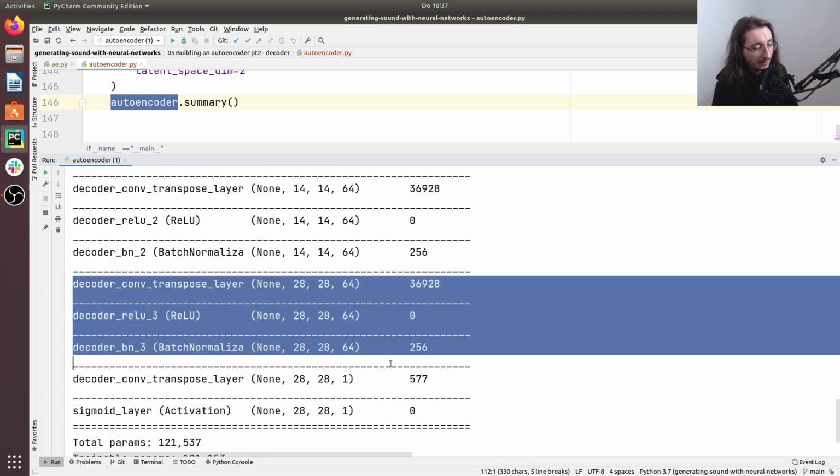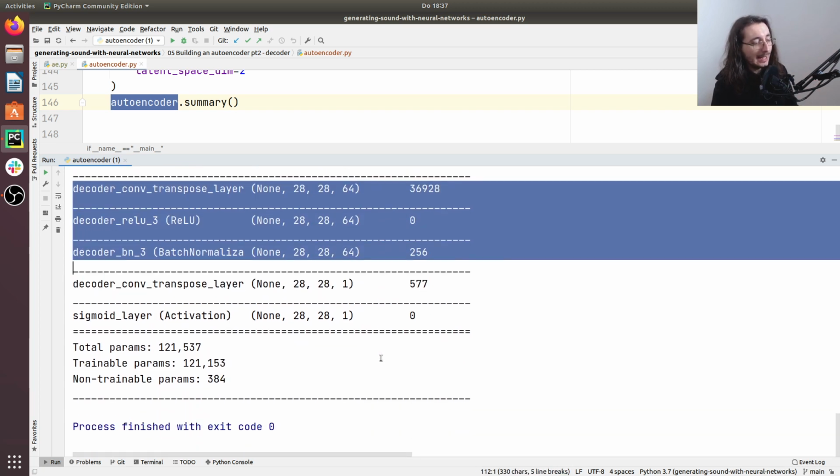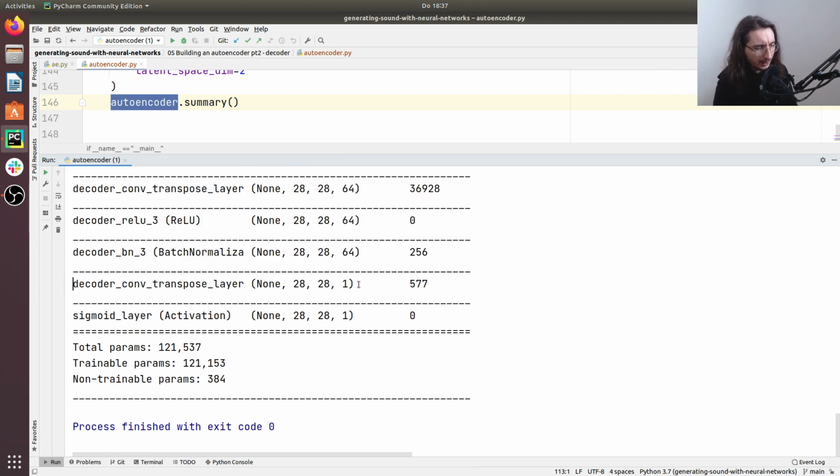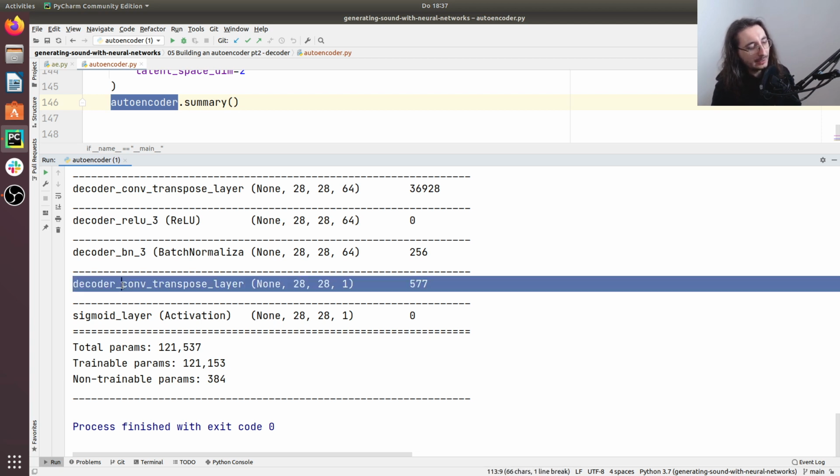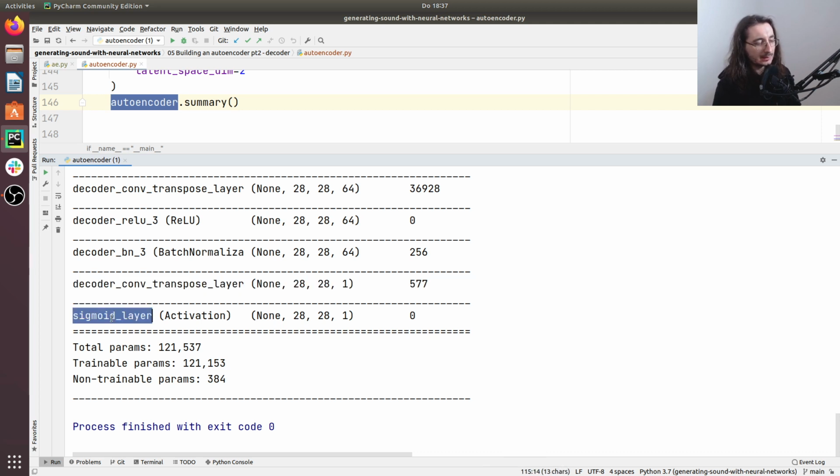We have a third one down here, and we have a fourth one here, where, if you remember, we only had one filter, and we would expect to have one here because we only had one filter, and so just one channel. Okay, so this is the output of the fourth convolutional transpose layer, and then we apply a sigmoid layer. So all in all, what we have here is this shape, 28 by 28 by 1,